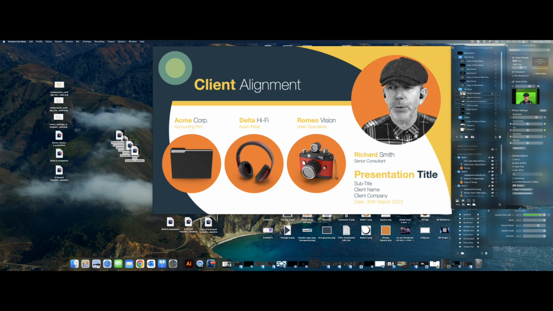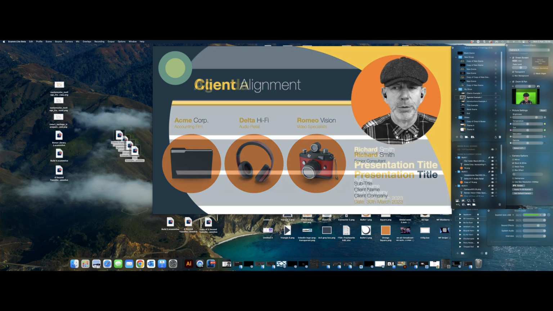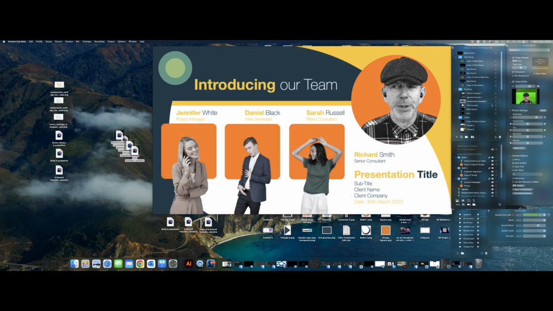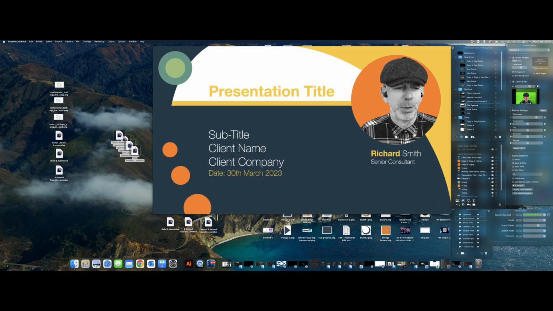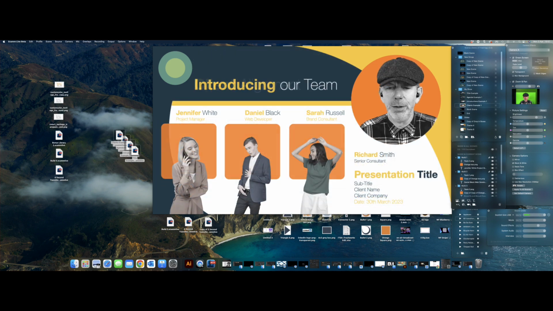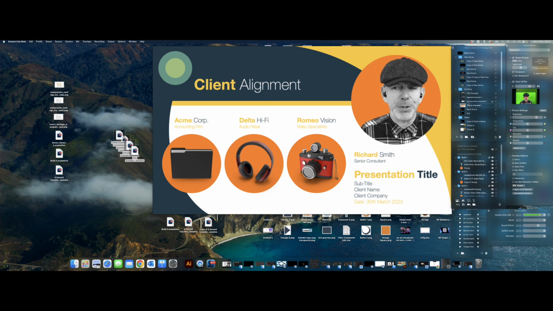So suddenly in my show I have now got all of those different slides. I haven't had to copy them one at a time. I've copied 4 at once just by taking them and dropping them off the edge of my scene, and I've noticed they've come back in a different order. So I still obviously need to play about with them to get them in the right order. So let me move client examples, agenda, introductions. They're now in the right order. So here's my title slide, here's my agenda, introductions, and client examples. So that's how easy it is to go grab stuff that's already pre-built